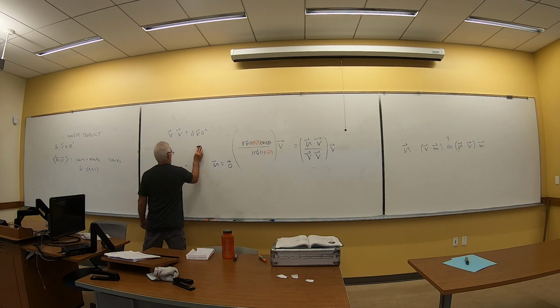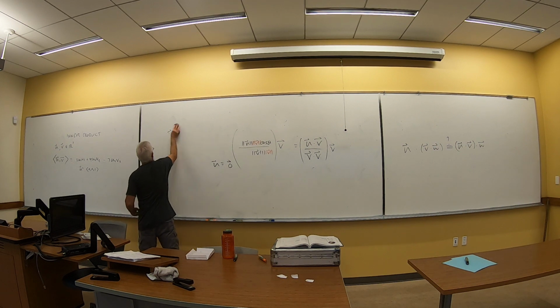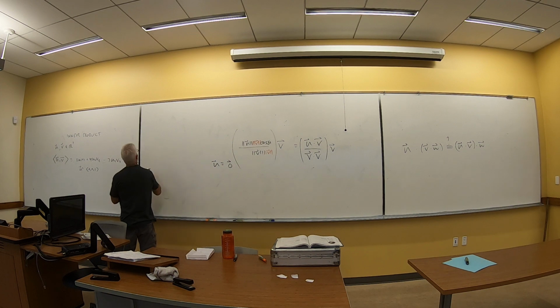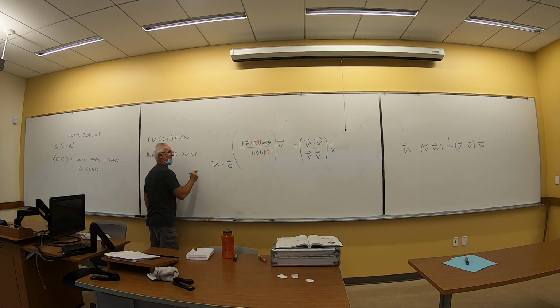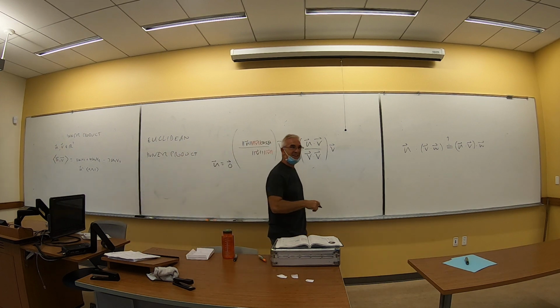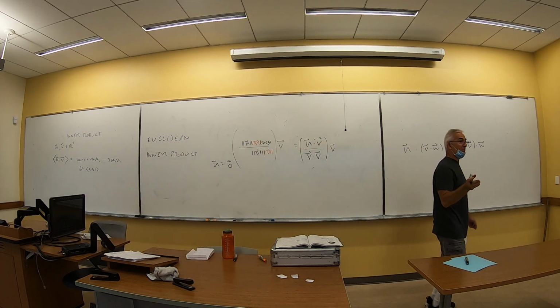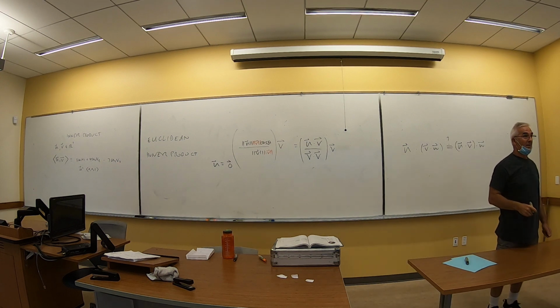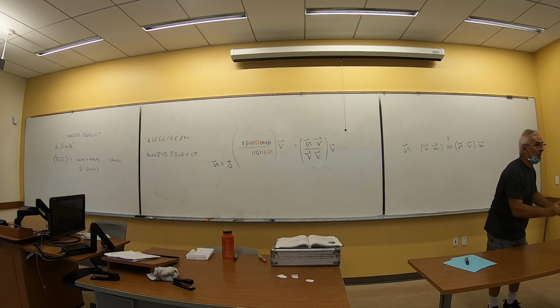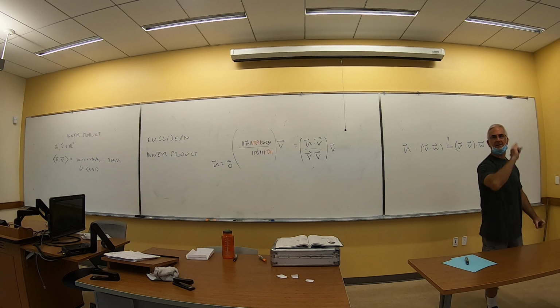Dot product, we're now using a new term for it. We know what dot product is, but in the big picture of all the possibilities, it's called the Euclidean inner product. Doesn't that sound important? That's dot product. There's an infinite number of inner products just for vectors alone, but only one of them is actually dot product. That's called the Euclidean inner product,